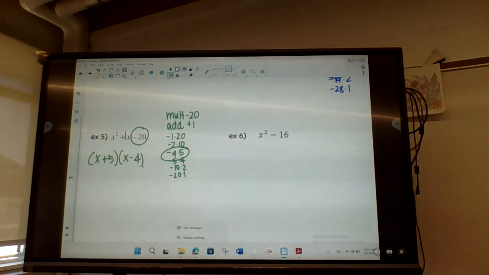So in number 6, what are we multiplying to get? 16. We're multiplying to get a negative 16, but what are we adding to get? Nothing. So nothing in math is 0. So we're trying to add to get 0. And initially you might kind of be like, oh, that doesn't make sense. But once you realize this is a negative,